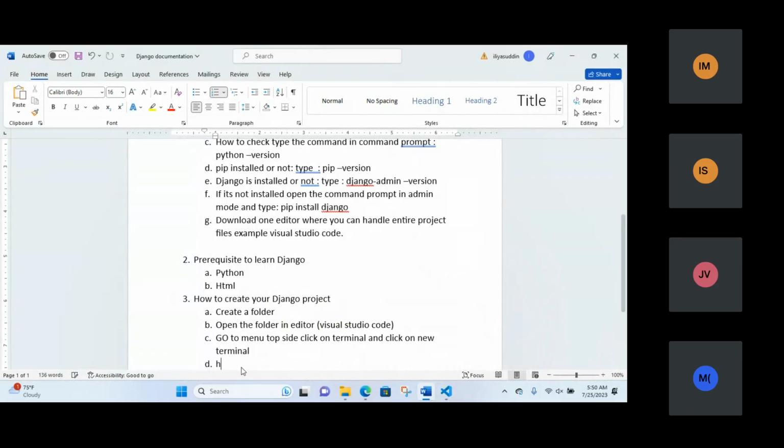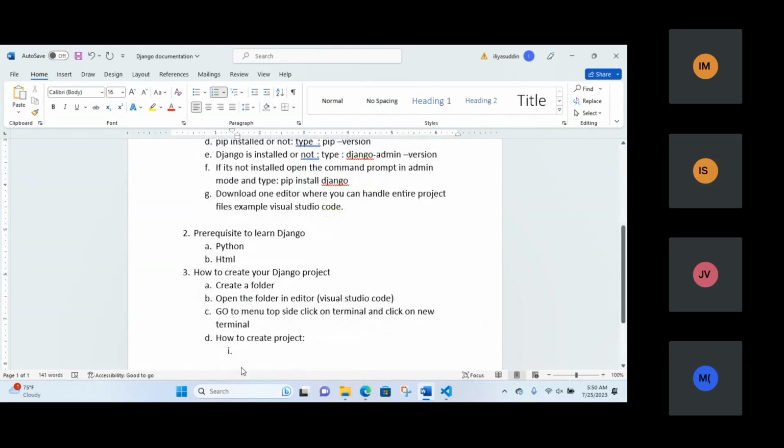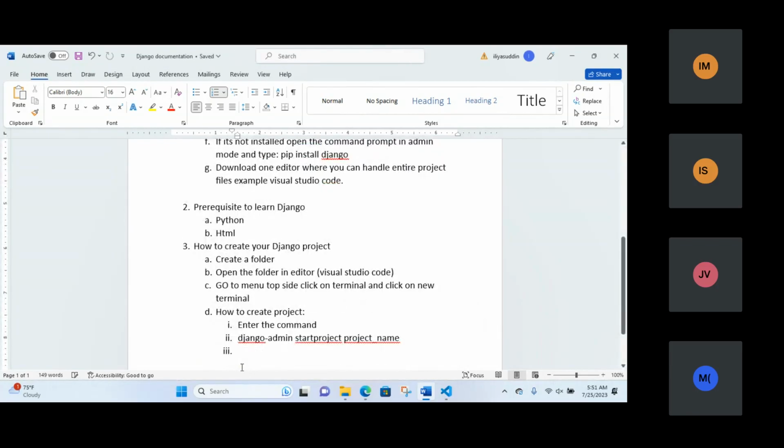How to create a project: first of all, you have to enter the command django-admin startproject, with everything in small letters, then give a space and your project name. This is the command. Once you enter this,